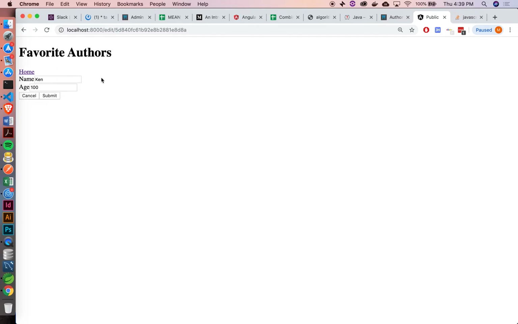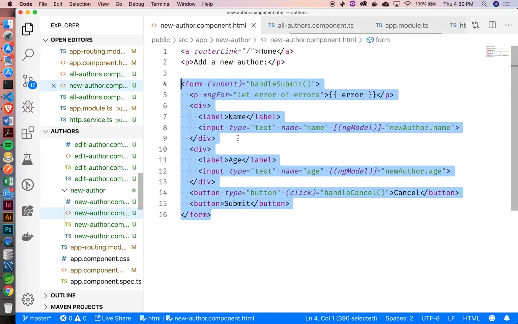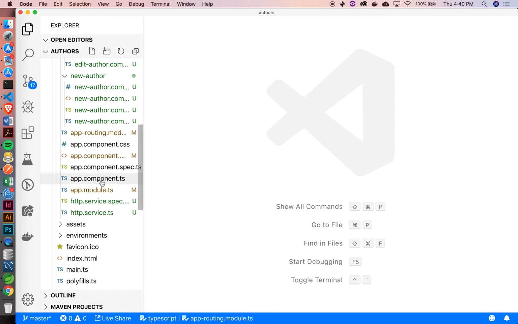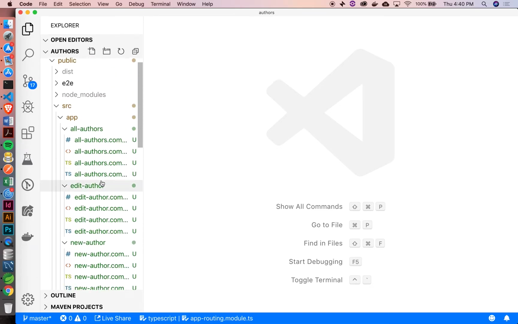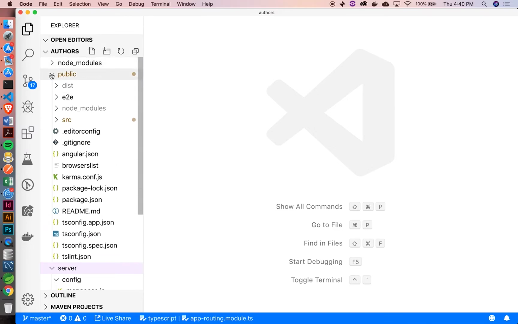Go there. Okay, so the only other thing that we haven't really done is just the error handling, right? So how do we want to do that? We just need to create basically an array of errors anytime something doesn't meet validation. Let's take a quick look at that. So let me close out some of this stuff. We need to go back to our back end to actually turn the errors that come in into an actual array so that we can pass it back to our front end, right? So inside our server,